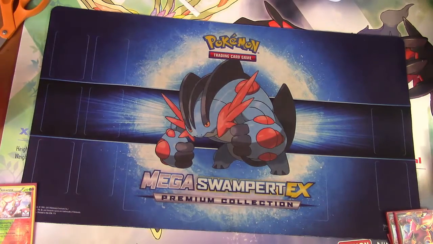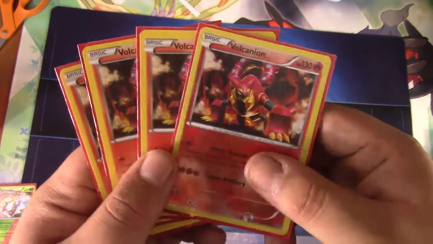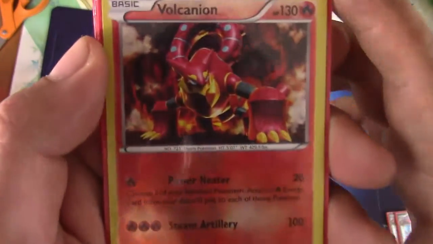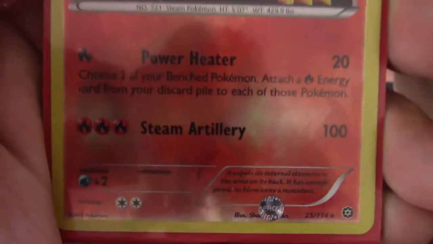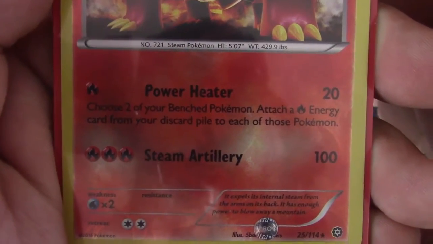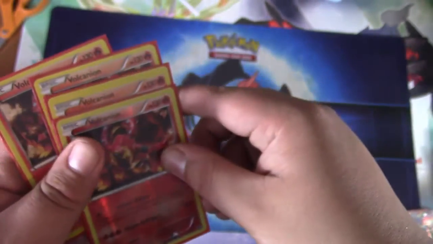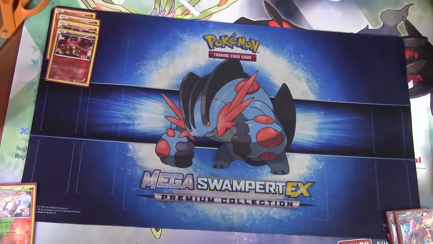So let's get right into this. The first Pokemon, your main attacker most of the time, is Baby Volcanion, as most people call it. The non-EX basic Volcanion. It has 130 HP, pretty cool artwork. Your main attack is Power Heater. Does 20 damage. Choose 2 of your Benched Pokemon, attach a Fire Energy card from your discard pile to each of those Pokemon. So you can set up other Baby Volcanions, or you can set up the next Pokemon, which